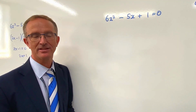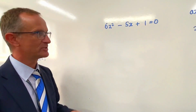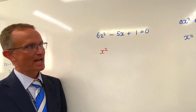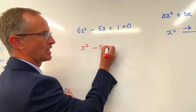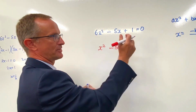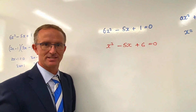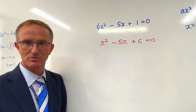And here's exactly the same equation with Danylo's method. So what Danylo did was he lifted the 6 out. And he said, by taking the 6 out, I'm going to make it a 1x squared at the front. He left the 5x alone and multiplied the 6 onto the 1 to get plus 6 here. Now that is bad maths. The top line does not lead to the bottom line, and as one of the girls in the class said,